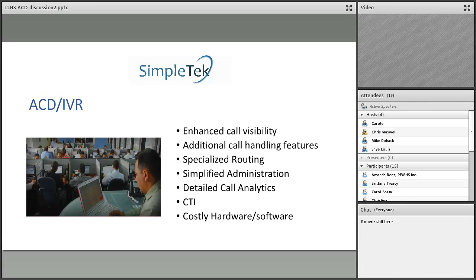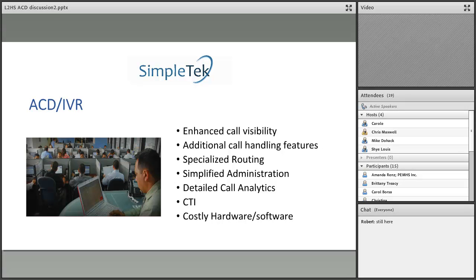So the next piece is the ACD IVR. When it came out, it was basically a tool to help call centers and crisis centers that handle inbound and outbound phone calls, to give them information so that they can better manage workflow, customer relations, staffing, resources, those kinds of things. You'll see in this picture here, a guy sitting looking at his computer, and then you see the people in the background.